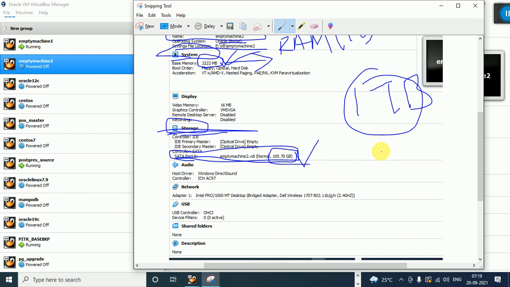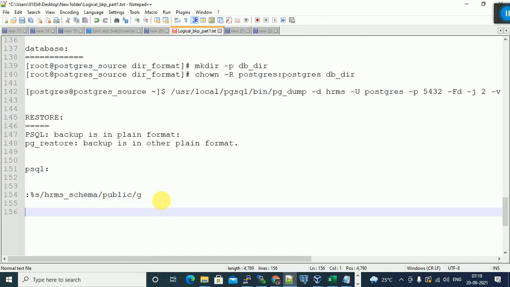For each and every machine, there is a network adapter, which we call an adapter. Without a network, we cannot connect to any Linux machine. What is the network adapter? Ethernet. Adapters are Ethernets; both are the same. If you have at least one adapter, then we can connect to any Linux machine.